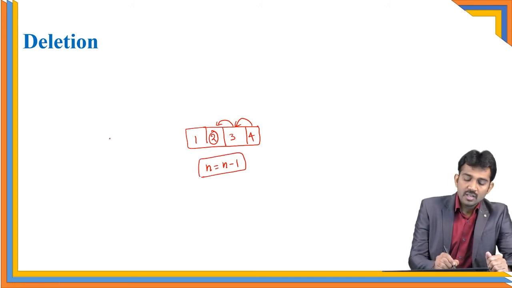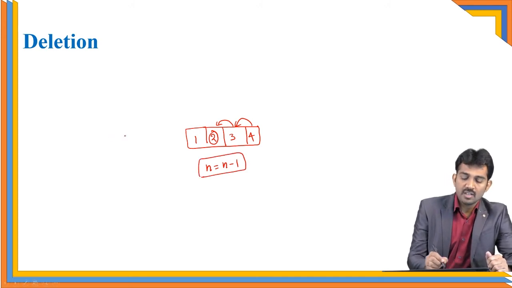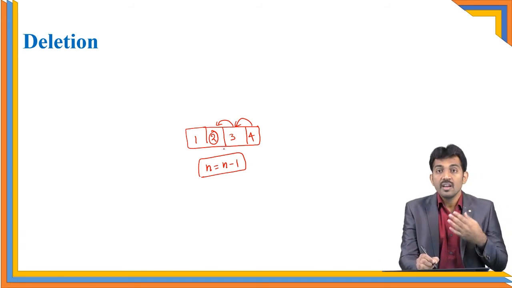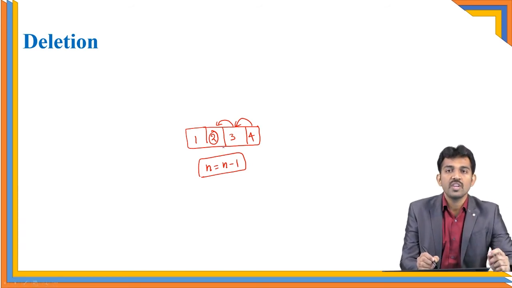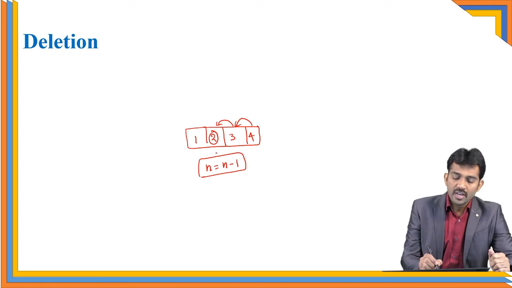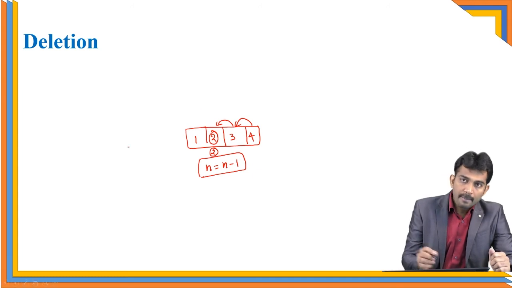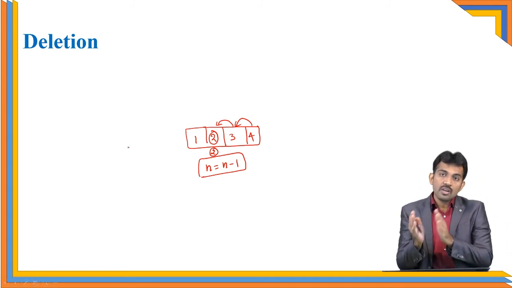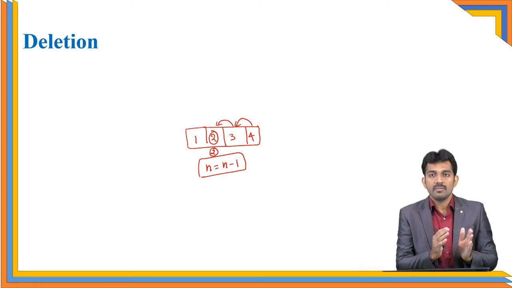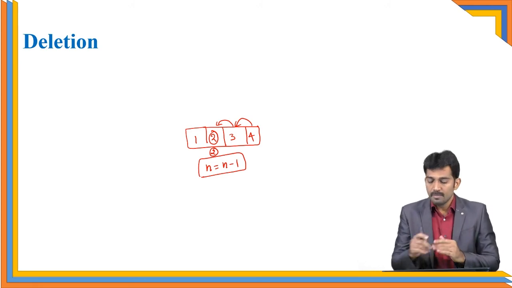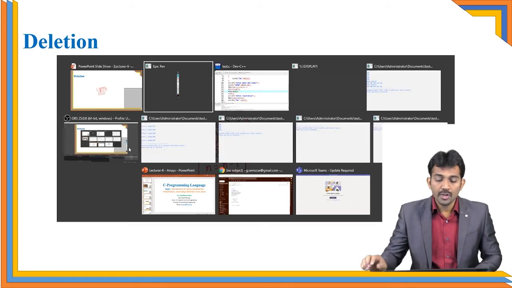First thing, you move up to that index. Which index value you are going to delete is very, very important. You need to find that. For example, if I want to delete an element at the second index, then from there you just move the data in the forward direction. Please note this.